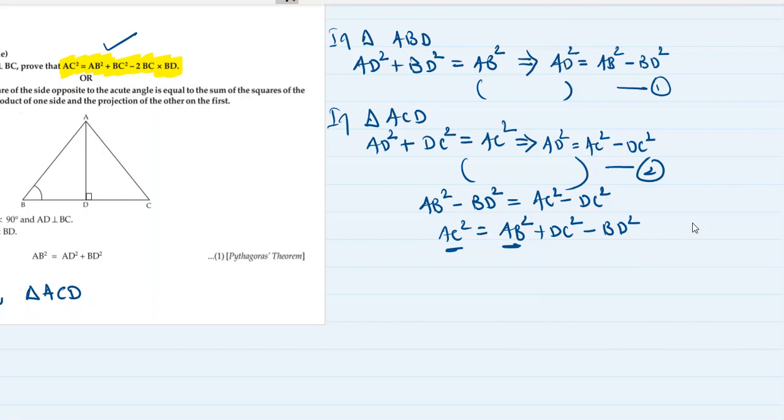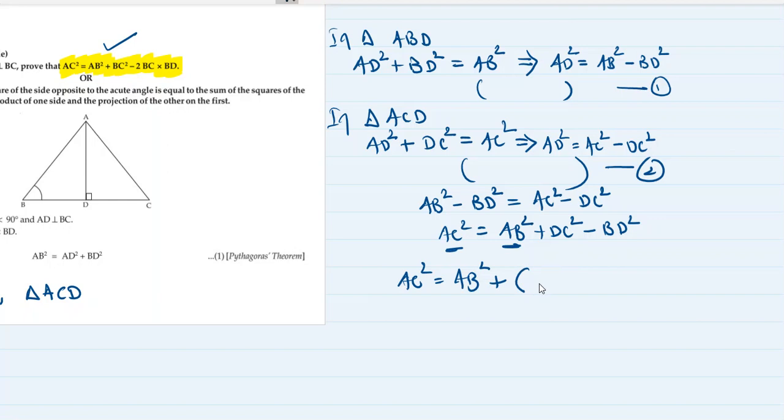Out of these two, I will write one of these in a split form. What is a split form? I'm just going to show you. Just pay attention, because this is getting tricky. I'm going to split DC, and you'll be asking me what I will split DC into.